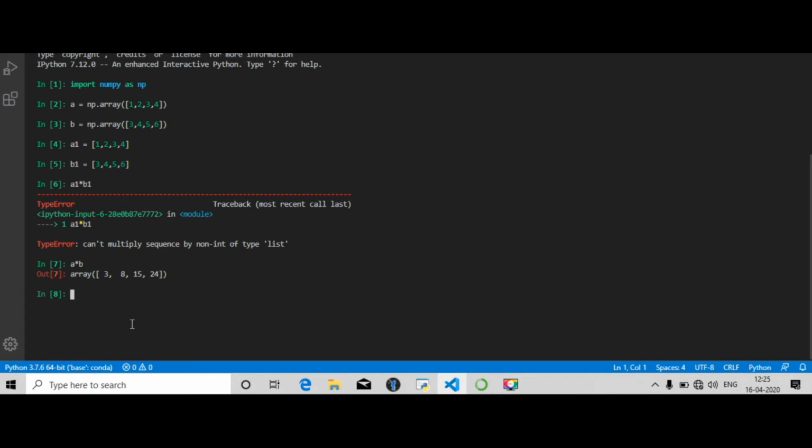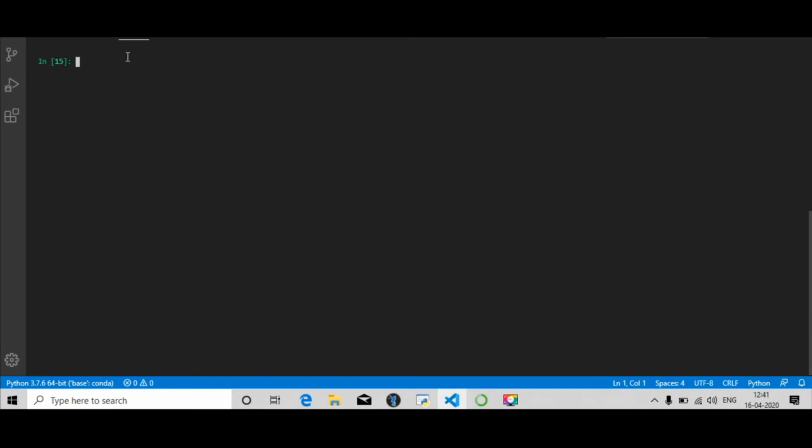Now I'm going to show the use of pandas and matplotlib. Pandas is used to retrieve data sets. So I'm going to show you how to retrieve data from a CSV file. I am initiating a variable a and I'm using the read CSV function of the pandas library, read CSV.